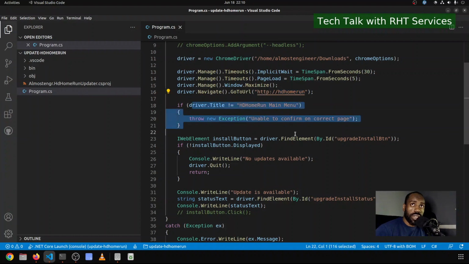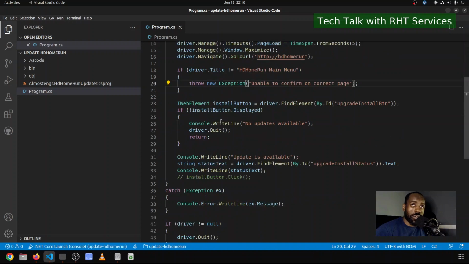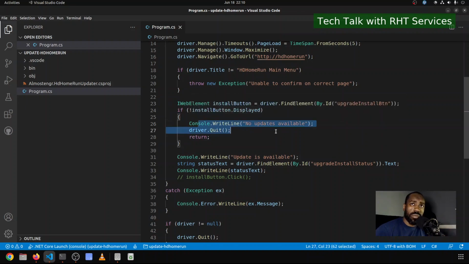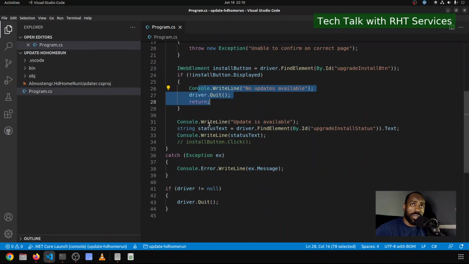Want to check the title of the page to make sure that it says that we are on the main menu. If not, want to throw an exception. Then want to look for the install button. If the install button is not displayed, then want to say there are no updates available, and then to quit. If there are updates available, want to say that there are updates available,